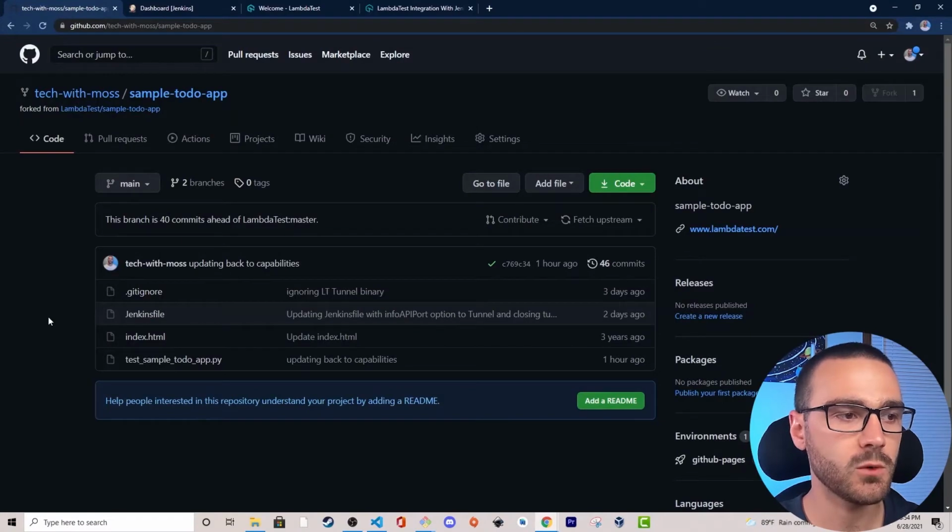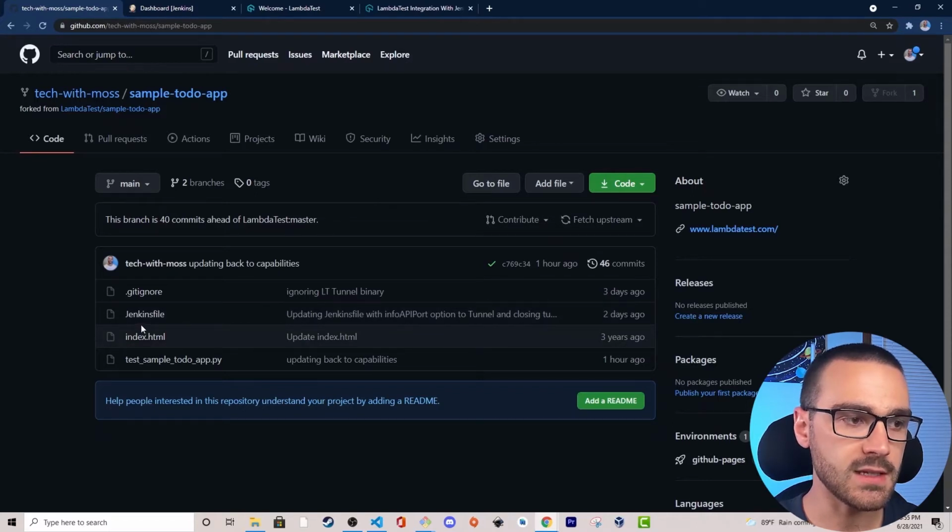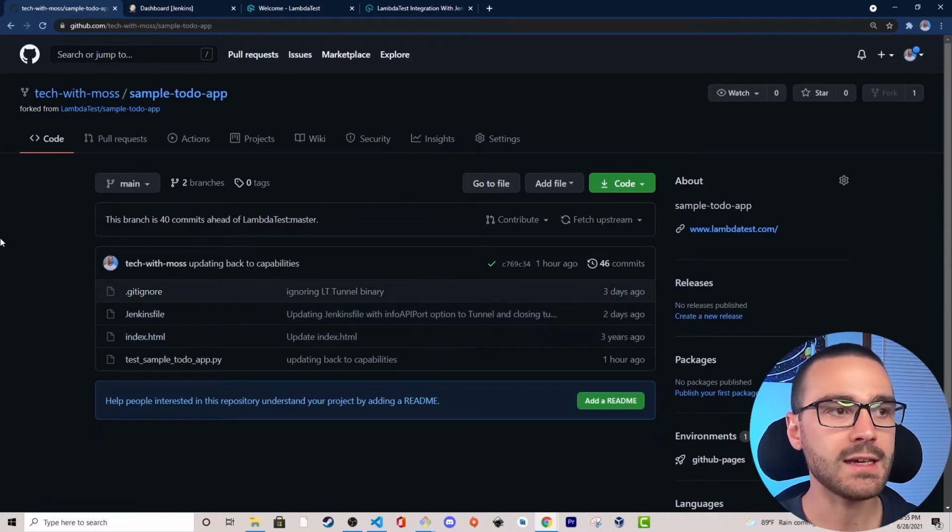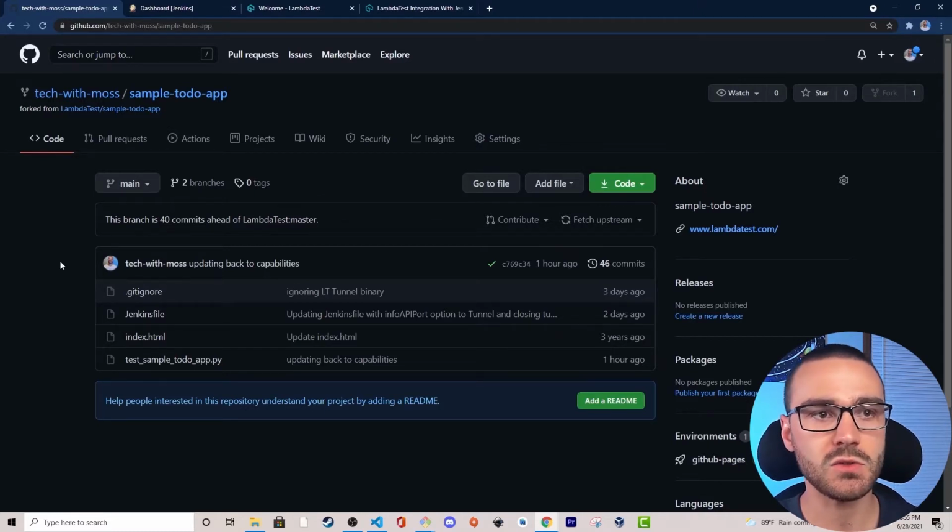Okay, so the first thing that I want to do is walk you through the code base that we're going to be testing in Jenkins. I'm currently inside the GitHub repository, and the repo is called sample to do app. This is basically a very simple web application, and it only has the index.html file here, and the web application is actually hosted using a feature of GitHub called GitHub Pages. If you're not familiar with GitHub Pages, it basically allows you to use GitHub to host a web page